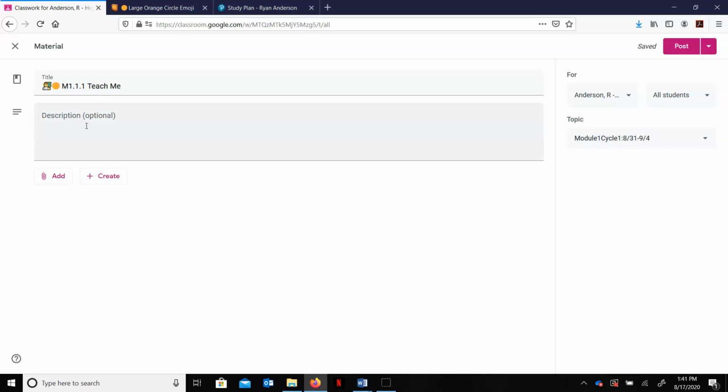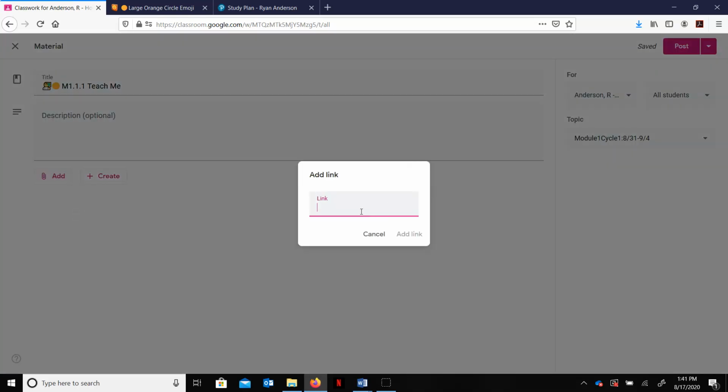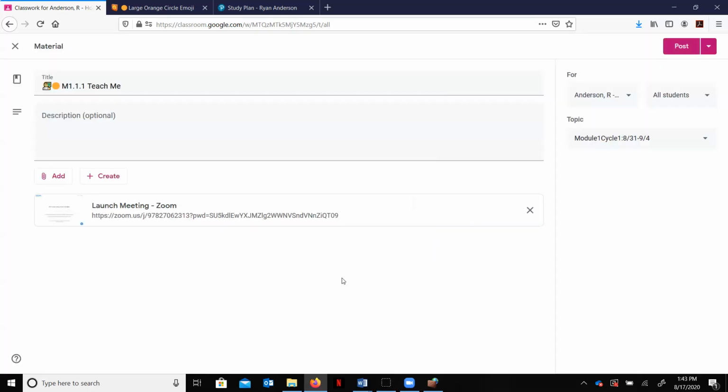I could type in the description of what we're going to be doing for that lesson, as well as if I'm doing a Zoom link and I have that all set up, I can go ahead and hit add, and then I can drop the link in right here. And this is where you could paste your Zoom link. So I'm just going to paste a Zoom link that I happen to have. And you can see here that it says that it's a Zoom meeting. And if I go ahead and post that,